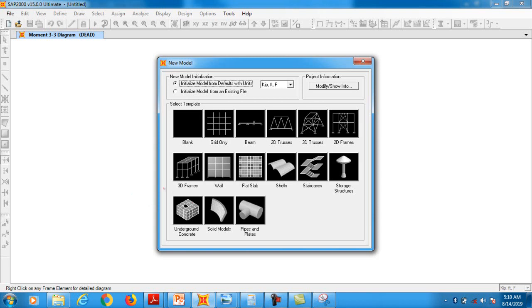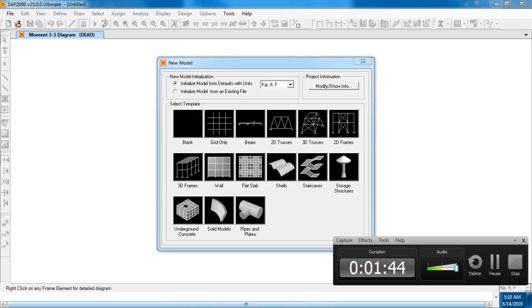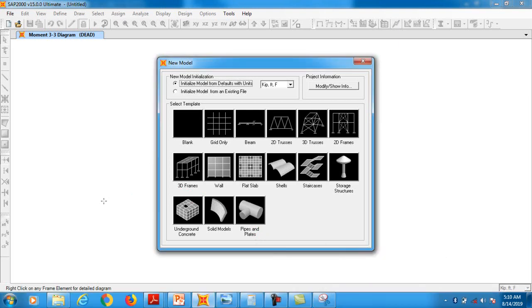So Kip, feet, and I'm selecting this option right now. Clear? This is, you can say, a new option. Okay, and we will now use this grid only template, and through this template we can develop